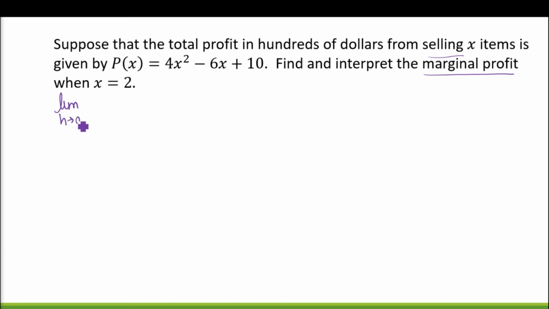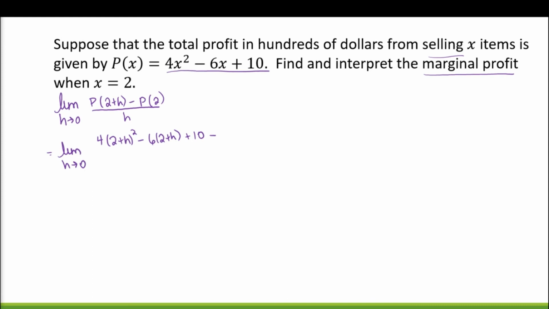as h approaches 0 of p of 2 plus h minus p of 2 over h. So this will be the limit as h approaches 0 of 4 times 2 plus h squared minus 6 times 2 plus h plus 10. So all of that is the P of 2 plus H minus P of 2. So if I plug 2 into my function, I am getting 14 all over H, which is the limit as H approaches 0